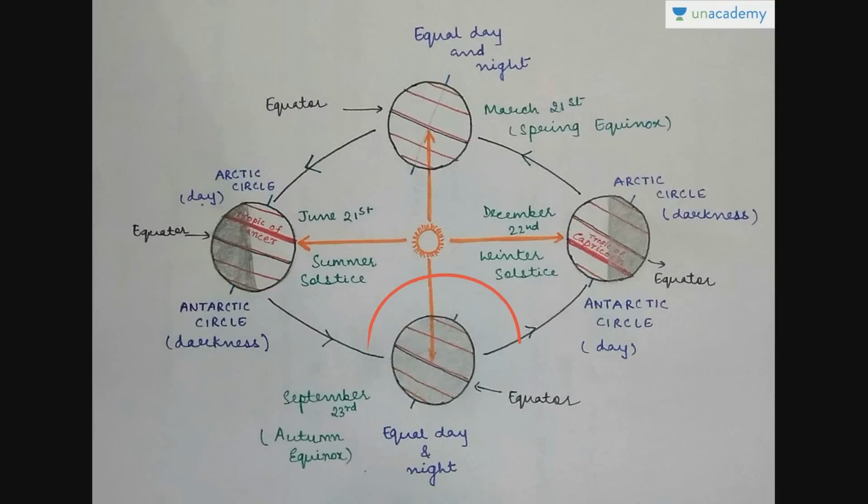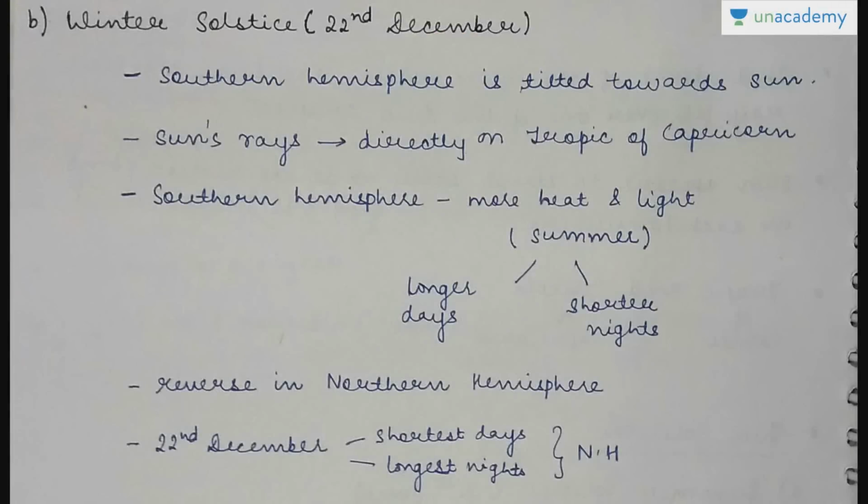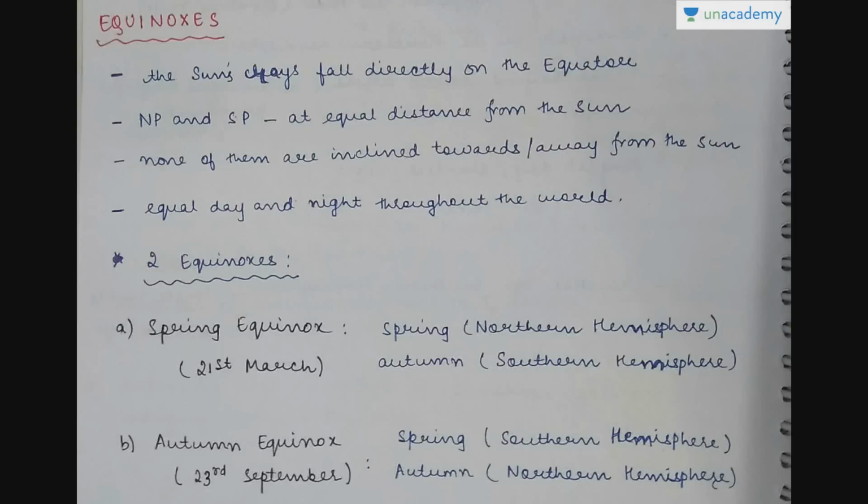This other portion which is on the other side, which we cannot show in the figure, is the portion which is receiving the light. So the other portion beyond it is not receiving the light, which is not there in the figure. Now in this equinox, the sun's rays fall directly on the equator and the north pole and south pole are not tilted and hence they are at equal distance from the sun. So they are not inclined towards or away from the sun, and hence they have equal day and night